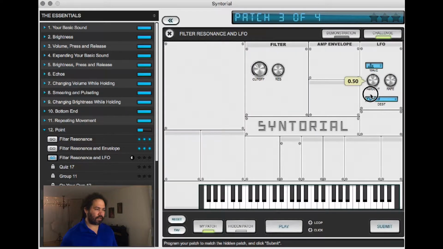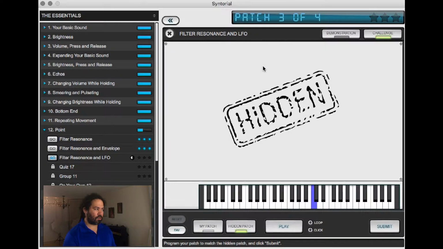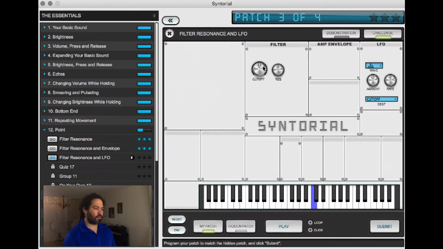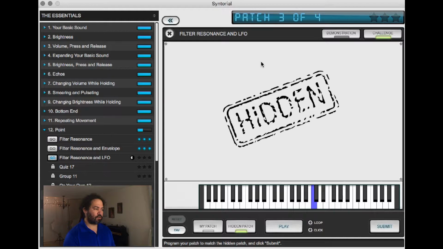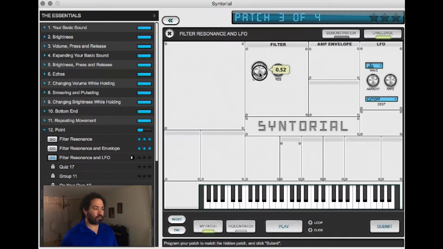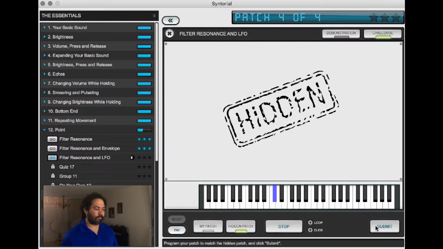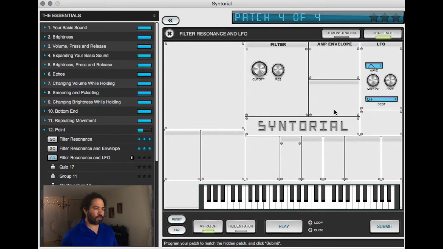And the amount is not that high. And I think our cutoff is a little bit more up. I think that's right. Let's just move the cutoff one little piece and see. Oh, hell no. This has to be the answer. Alright, so